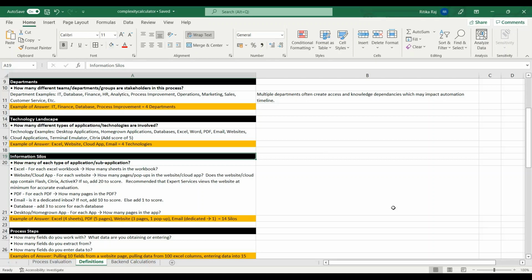Again, if you are talking about PDFs, how many pages of PDF you need to work with. Similarly, if you talk about email, is there any dedicated inbox, or do you need to visit multiple mailboxes to get details out of it, or do you just need to send an email, which of course can be done through other ways as well. It might not require much complexity on the email part. So these things you need to calculate, and this calculation is based on